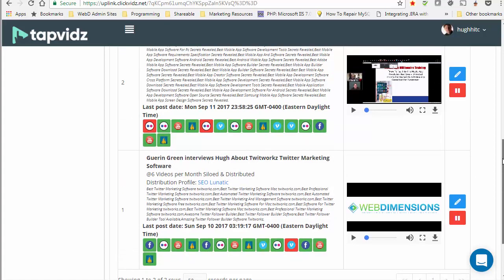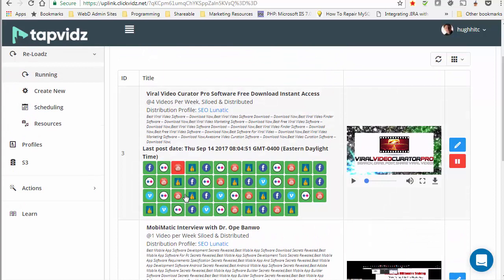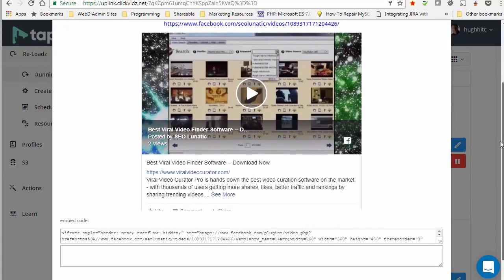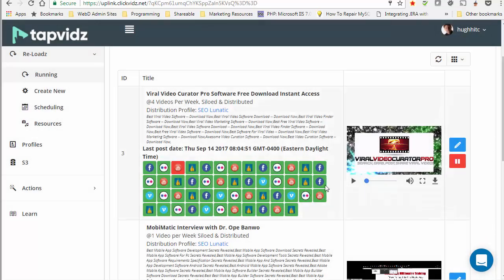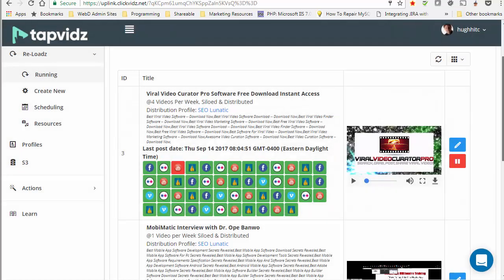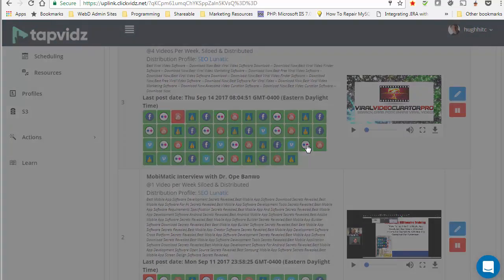And you'll notice that in contrast to the uplink section, you've got more than one set of shares appearing underneath them. In fact, it can get pretty large depending on how many times you want to share it, if you want to keep it going for a long time. And you'll be able to access every one of those shares just by clicking on the icon. And you can also get the embed code if you want to put it into your website or something. And that's true for any sharing site that we have here, including Flickr